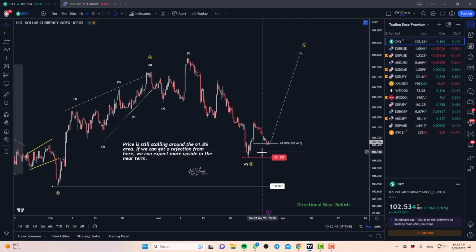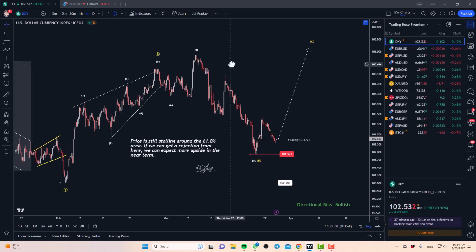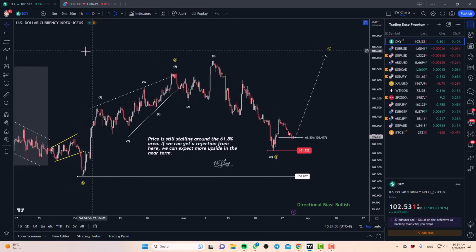Now, the primary expectation and the primary forecast here is that as long as the market is able to maintain above 101.90, we do expect a little bit more upside for the dollar and potentially a retest of the previous high somewhere around 105.80. The alternative scenario is that if the market manages to break below 101.90, then we may potentially see the top here, and we'll continue to expect a little bit more